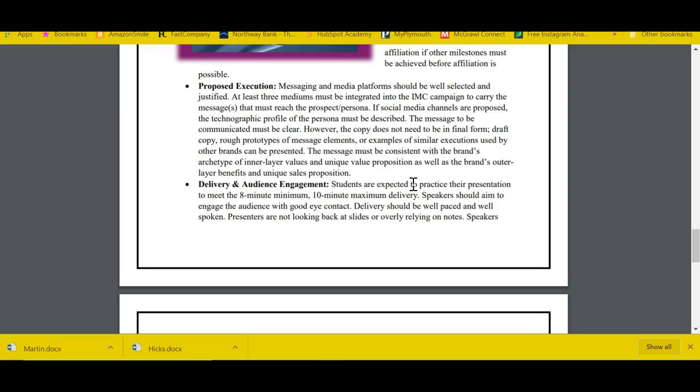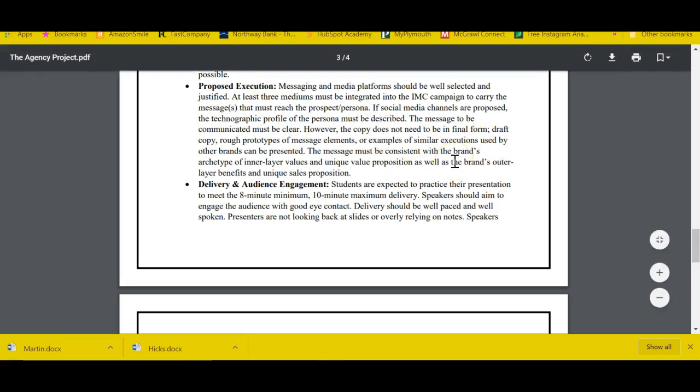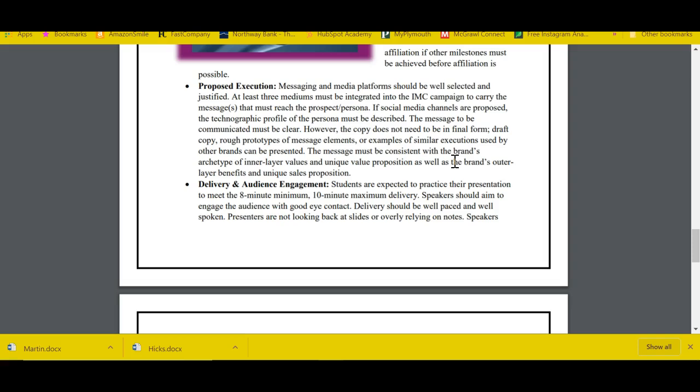You could discuss using TV advertisement. You might want to do personal selling. You might want to create a social media campaign. I mean, you can pick here what you're doing. If you are creating a social media campaign, that counts as one. If your social media campaign has promotion through Facebook, Instagram, Snapchat, that is only one. So don't get confused giving me 3 different social platforms as if they were each one a different medium. Social media is considered one thing.